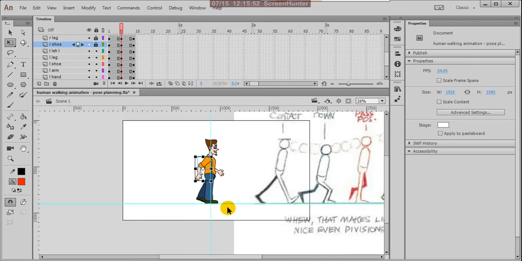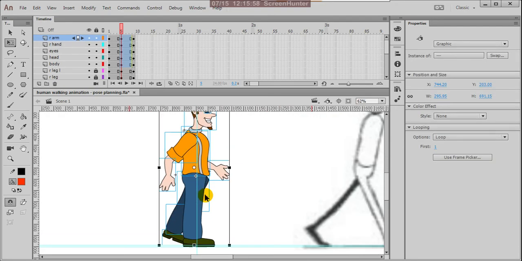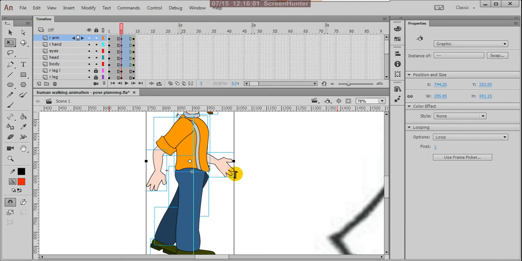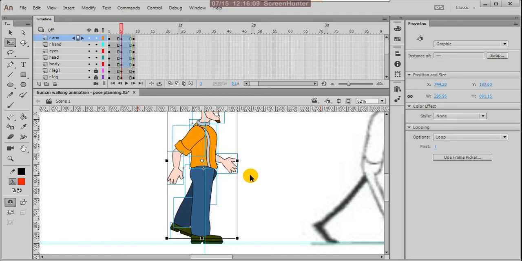Okay, can select all, and you can move up. 1, 2, 3, 4, 5, 6, 7, 8, 9, 10, 11, 12, 13, 14, 15.